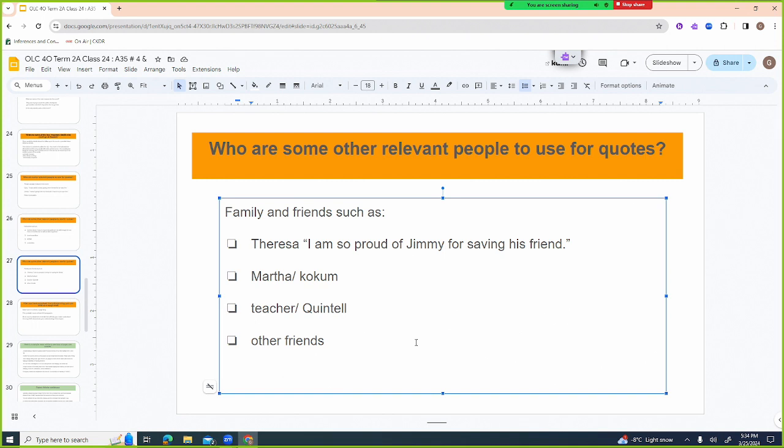So all of these people can be used. Obviously, I'm not going to use all of them. That would be too many quotes. Pick and choose. But it's fine to present 2 or 3 different quotes. And sometimes what people do is they kind of try and balance it out. So if somebody said something very negative about Gary or about Jimmy or the situation, then the reporter might choose someone else to say something very positive about the situation to try and balance the story out and make sure it doesn't seem like he's out to get somebody or like it's skewed one way. Okay.